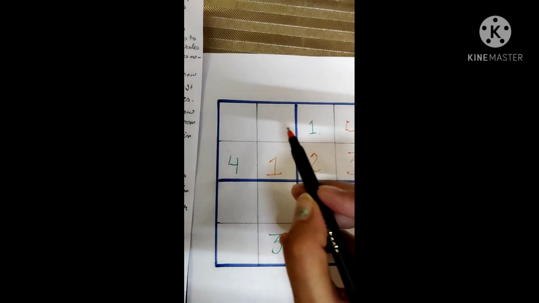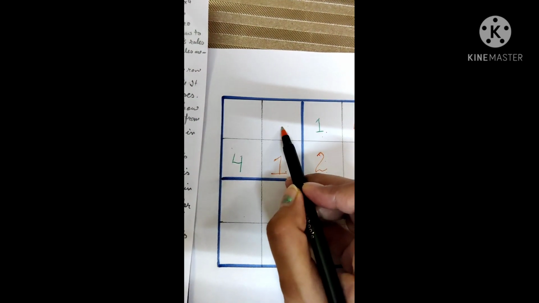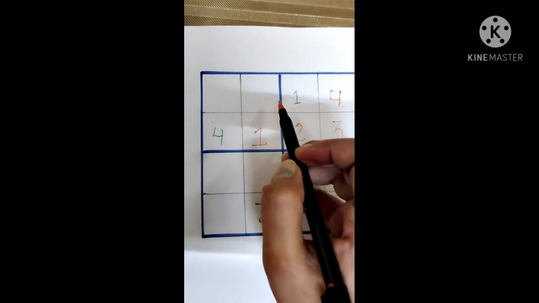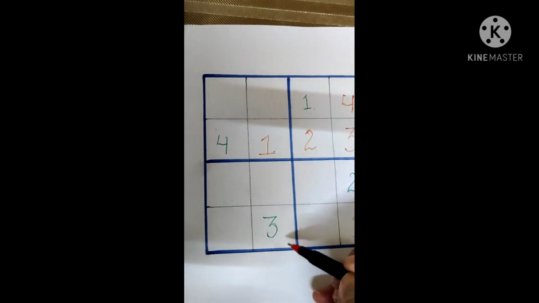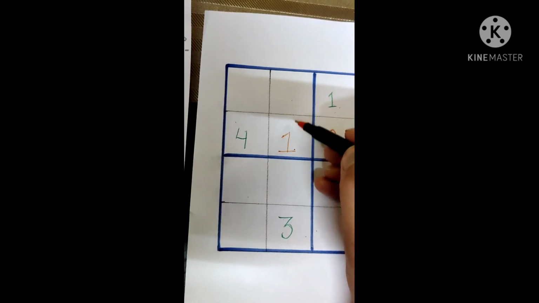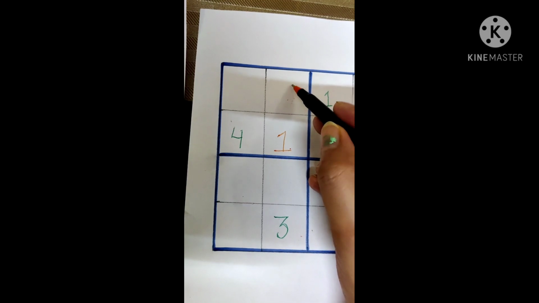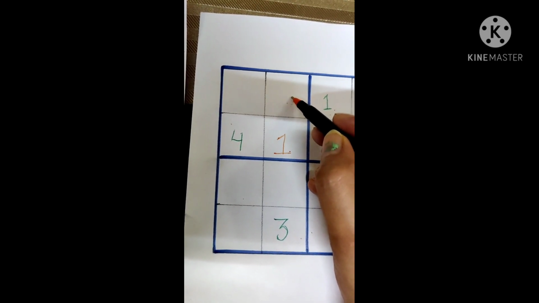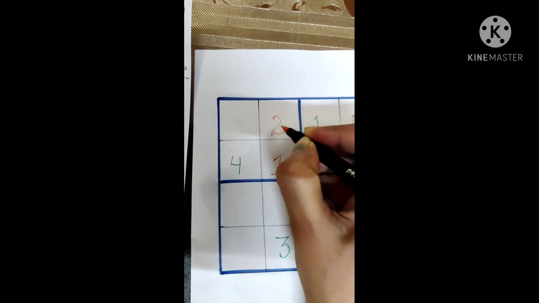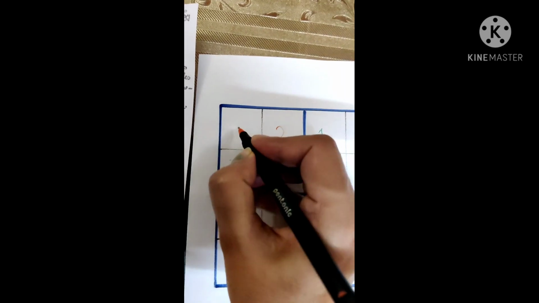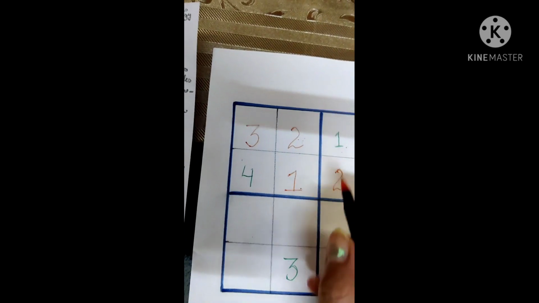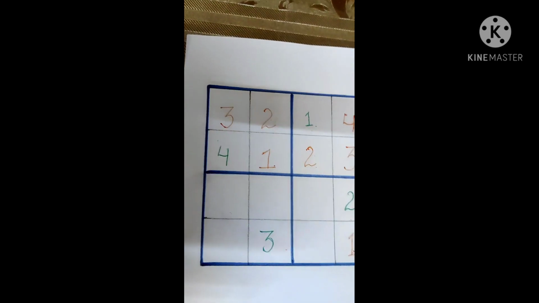Fine. Now in this house we can see we have 1 and 4, so that means we need 2 and 3. Now let's see these 2 blocks, and we need 2 and 3, right? But we know 3 is already written here, and this row is covered with the 3, so that means we can't write 3 again. Fine. So what will come here? 2 will come here, and we are left with 1 block, and 3 will come here. Fine. So with this we have completed 2 houses.